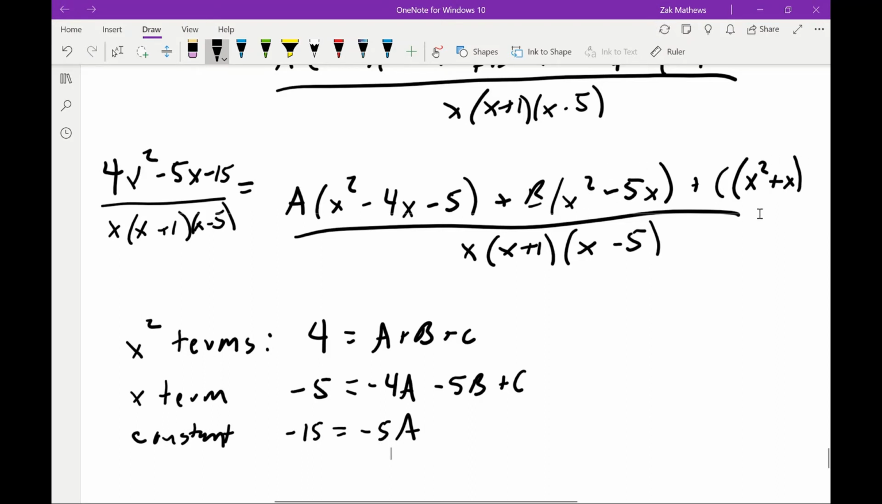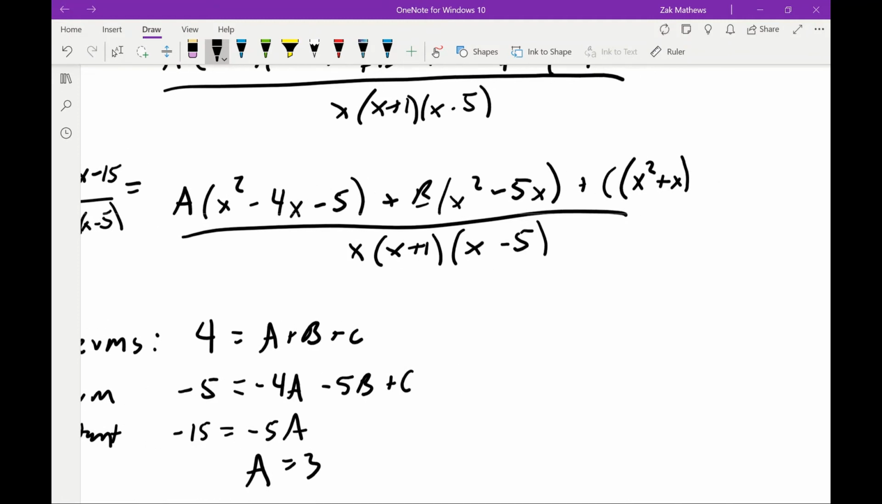So right away we can get the a, which makes it easier. A is equal to 3. So I can replace the a's in these two initial equations and go ahead and get b and c by themselves. So taking that 3, subtracting it over,